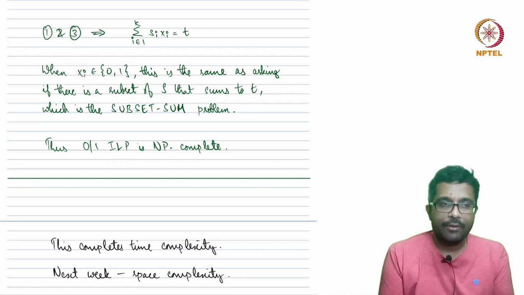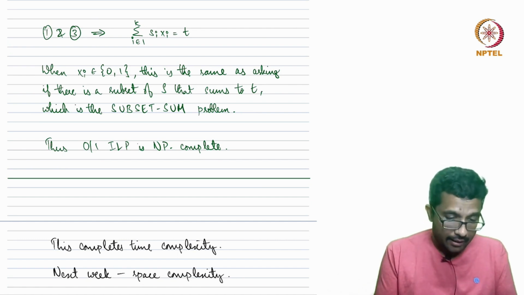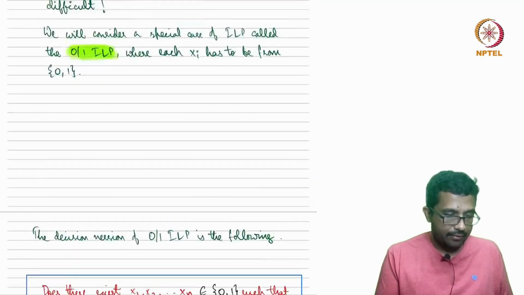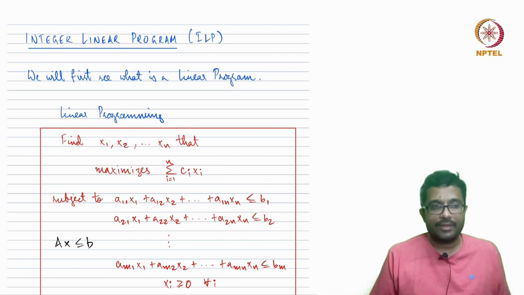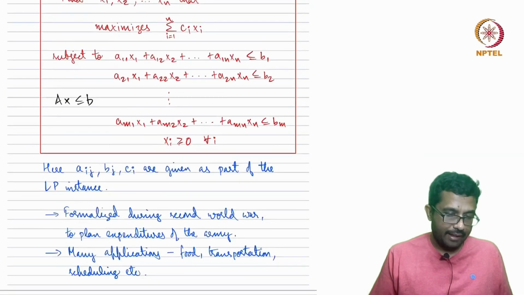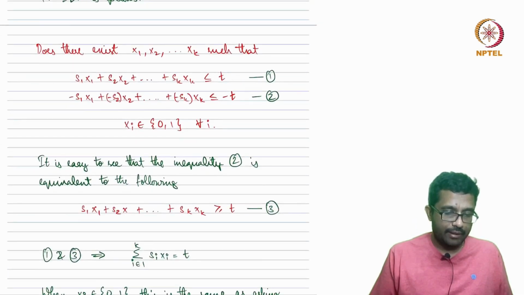We also mentioned a couple of other problems, but we didn't do detailed proofs of them. We left them as exercises. Then we saw that subset sum is NP complete, which was: given a set and a target sum T, does there exist a subset of the set that sums to the target sum? Then we saw that the knapsack problem is NP complete, and now we saw that the 0-1 integer linear programming problem is